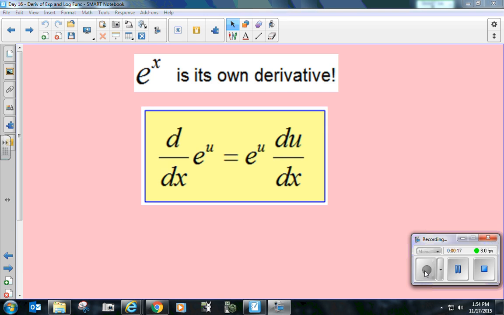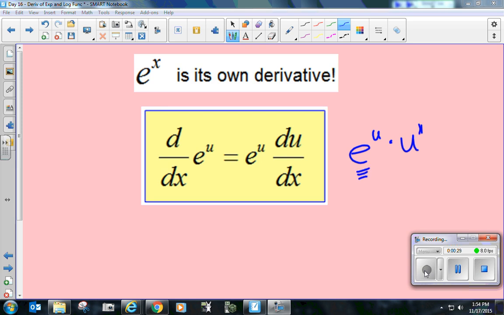Okay? So if you want to write this another way, if you want to write it like this, e to the u times u prime, because a lot of you guys, I think, like seeing it that way better. Don't forget, you still got to multiply e to whatever it is times the derivative of whatever it was. Okay? So for example,